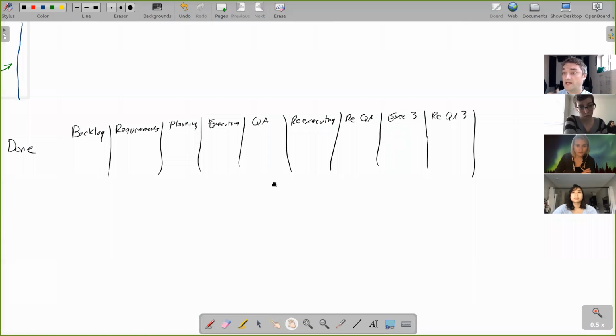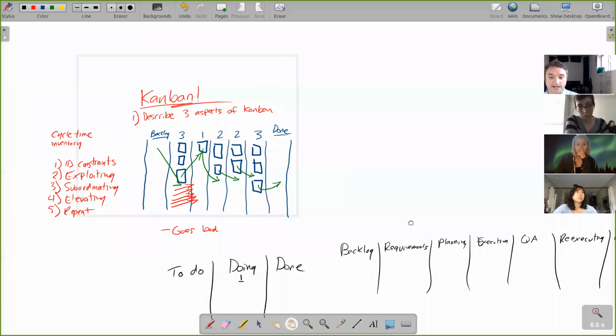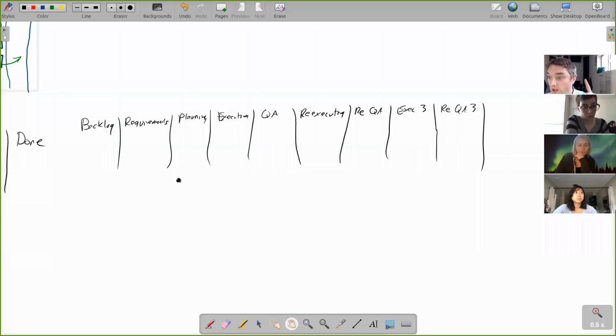So now you've visualized your process. Our objective was to describe 3 aspects of Kanban. The first one that I would have you take away is visualize the work. Not tribal knowledge, not in a process document somewhere. Draw a picture. Let's say something doesn't need to be re-QA'd. Cool. It can skip steps. That's completely fine if there's space downstream for it. Can't go back though.